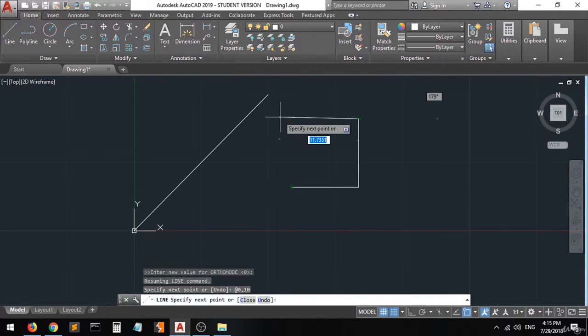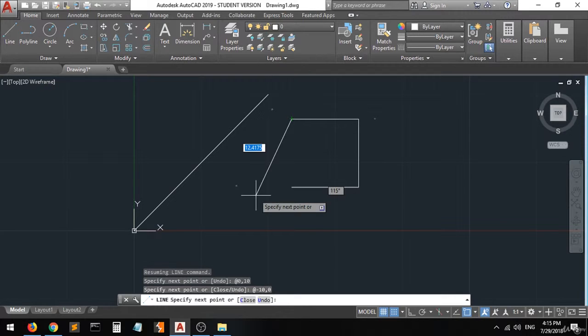Minus 10 on the x-axis and 0 on the y-axis. Let's do it again, together. Type the at sign. We want minus 10 on the x-axis slash 0 on the y-axis. Enter. And now we have created this horizontal line moving from here to the left and has a 10 unit